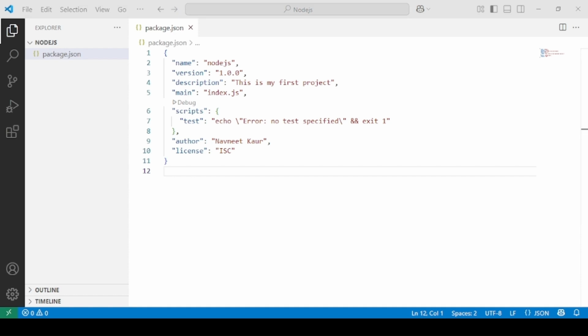You can say that it just standardizes your project because package.json shows the version info, the entry point, and there are certain other things that would come here once you install the third party package. It helps to keep everyone on the same setup, especially when you are working in a team. And it's also very useful for version control and deployment. For example, if you push your code to GitHub or deploy to any service like, let's say, Heroku or Vercel, the package.json will tell the system what to install and how to run the application.